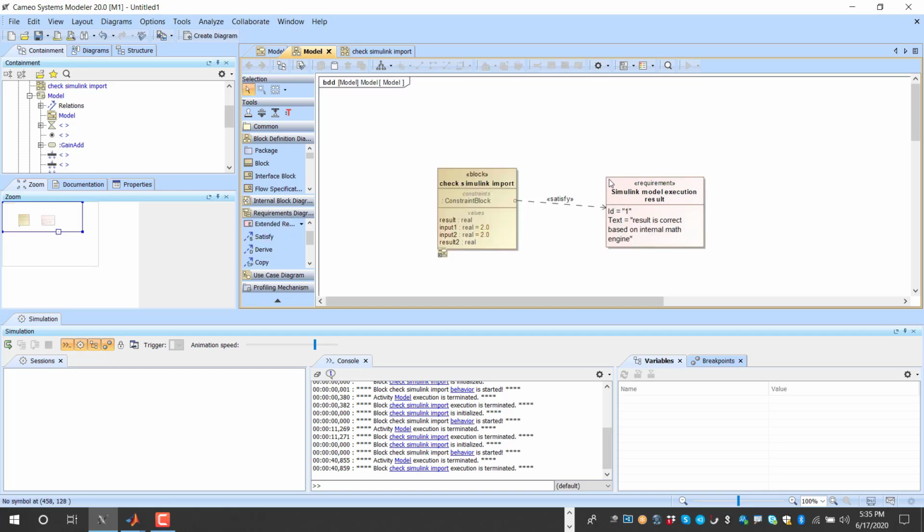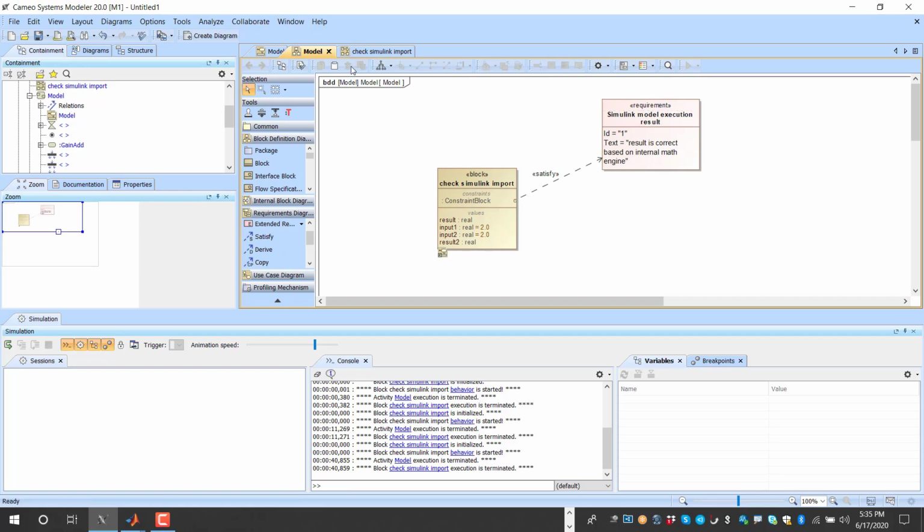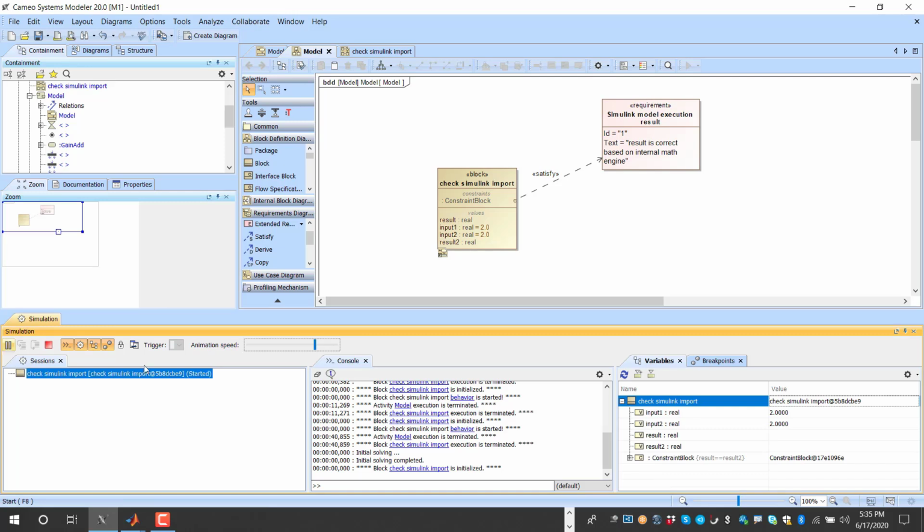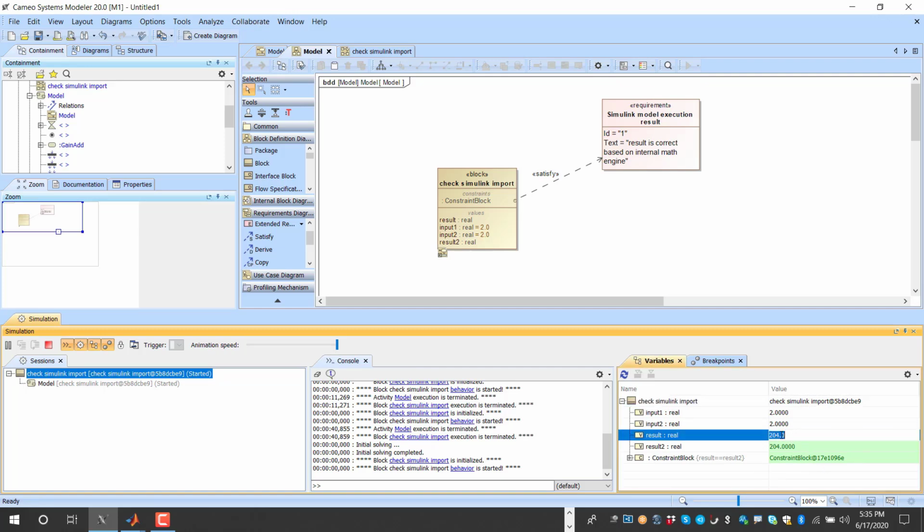So here we see that the requirement was that result is equal. We use for that constraint result 1 equal result 2, and we satisfy the requirement with the constraint, so we got result